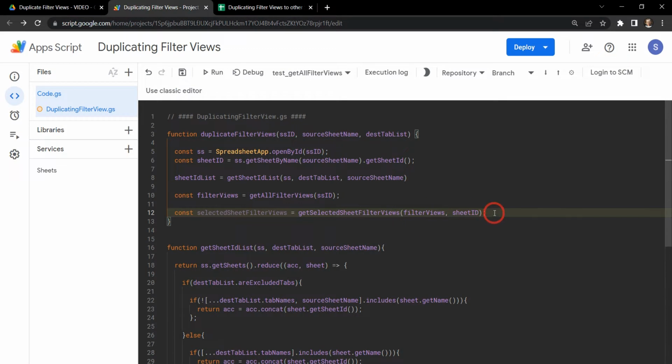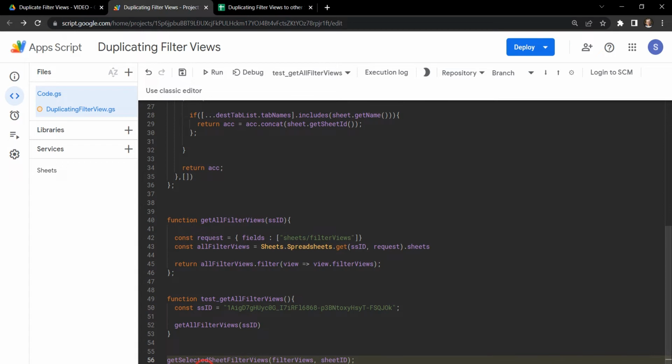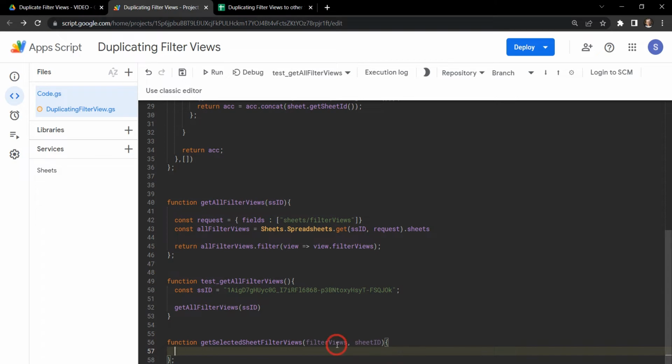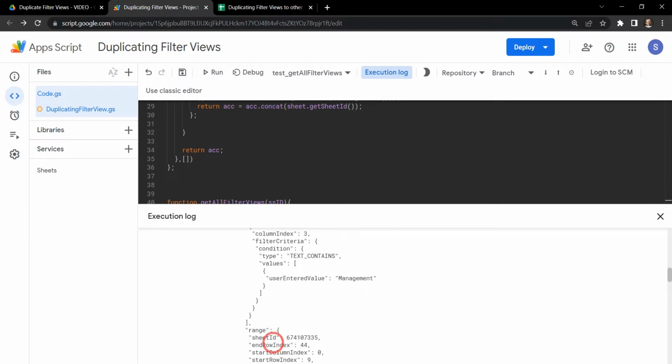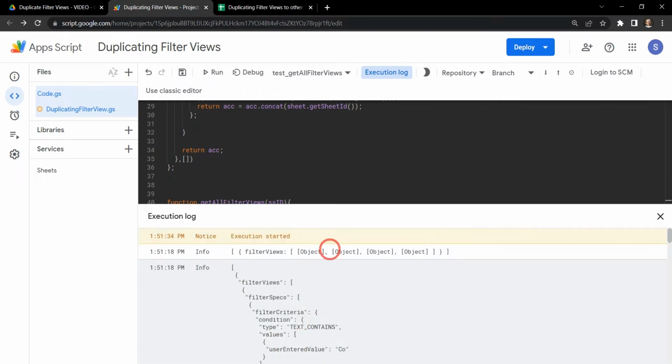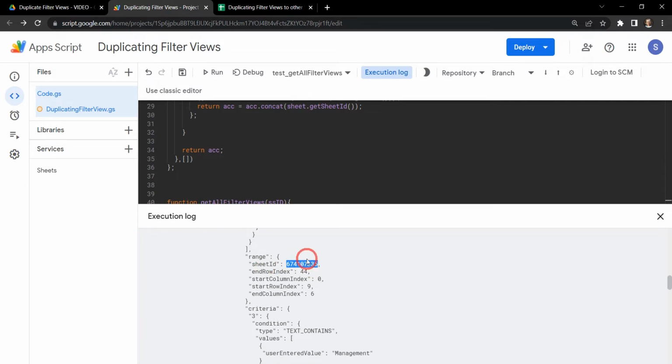Let's create this function now. And for this one, we're going to search through our object and find the filter view. So if we go back to our log, we might be able to see an example here. Let me find it. Okay, you can see the sheet ID here. So we can search through each one of these arrays of objects and find this sheet ID, which is what we want to do. Once we find it, we know that's the one we need to use to grab all